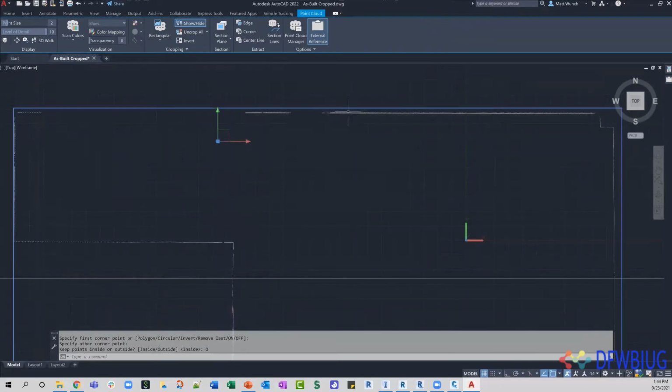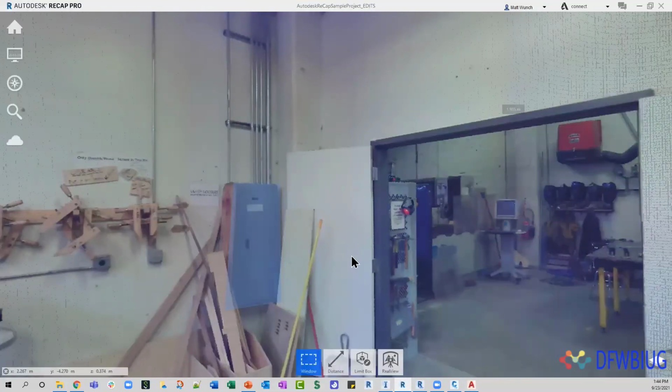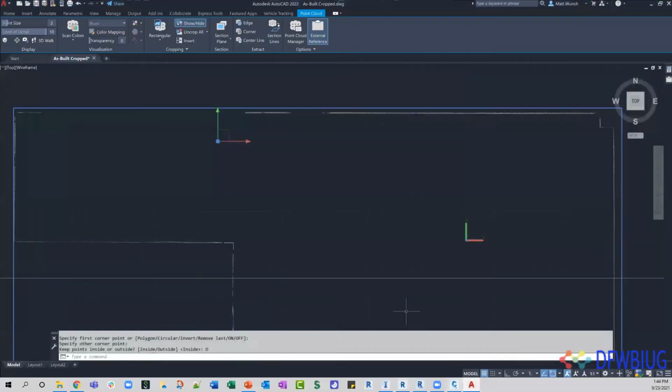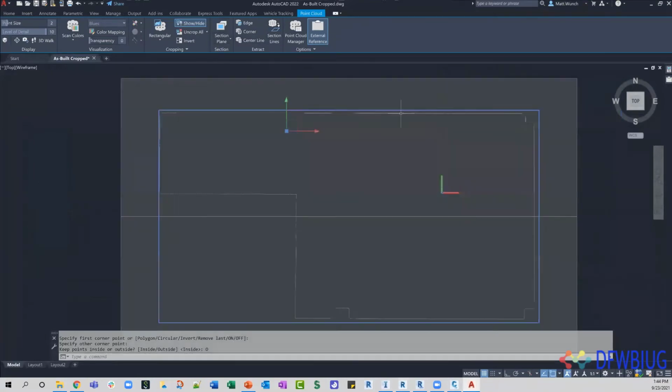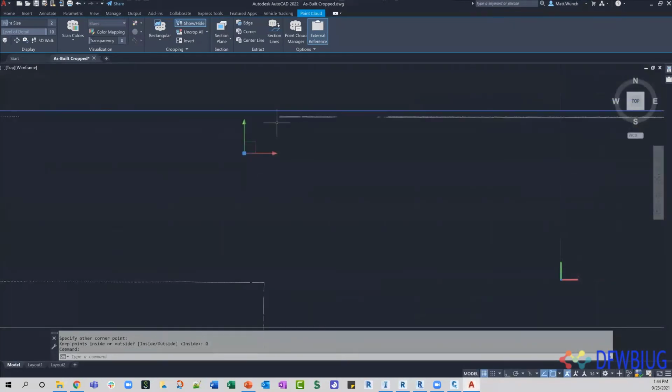So if you've got these little points that may be showing up along the face of the wall here, maybe there's some piping, which actually there was in this, any of these points from the pipes, or whatever kind of tools or stuff that they have hanging on the walls, you can clean those up in AutoCAD using that point crop tool, and that's just going to make that end result much better. So take a little bit of time and maybe just do a little window crossing and grab a bunch of points there, crop them out,